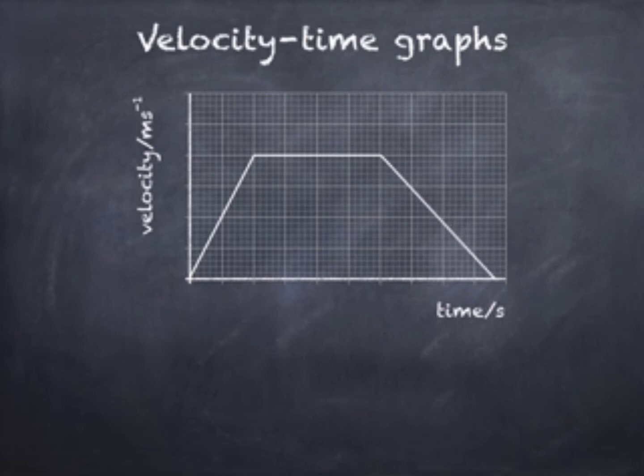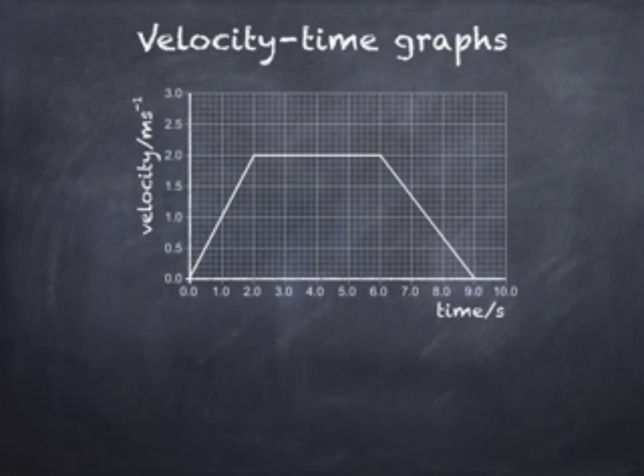Now look at a graph showing the velocity ranging from 0 to 3 meters per second and a time interval of 0 to 10 seconds. I come again. Look at a graph showing the velocity ranging from 0 to 3 meters per second and a time interval between 0 to 10 seconds. We note that during the first 2 seconds,